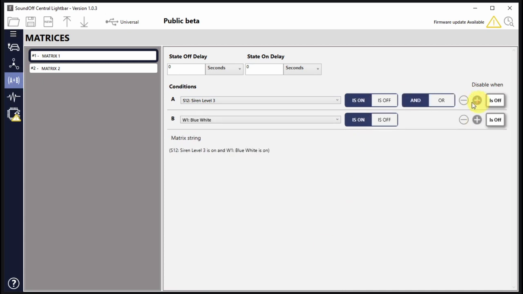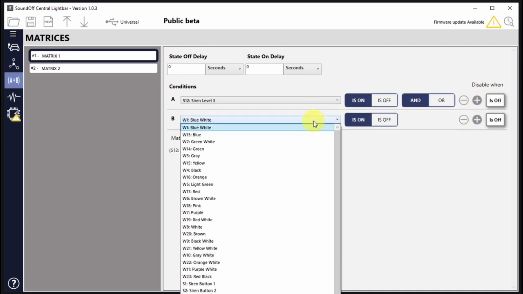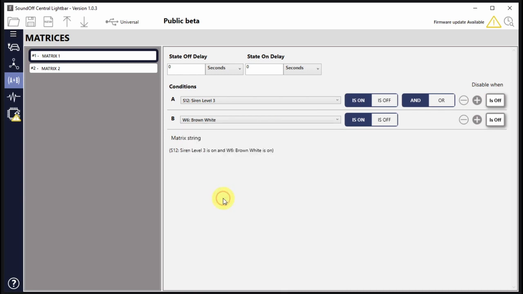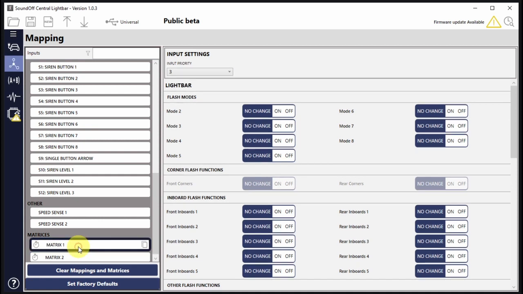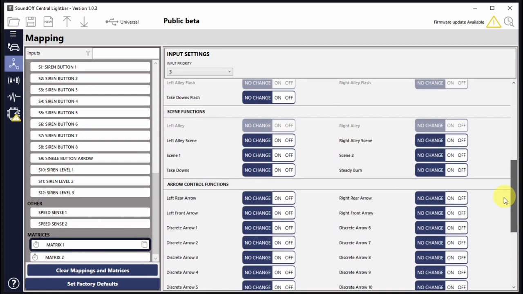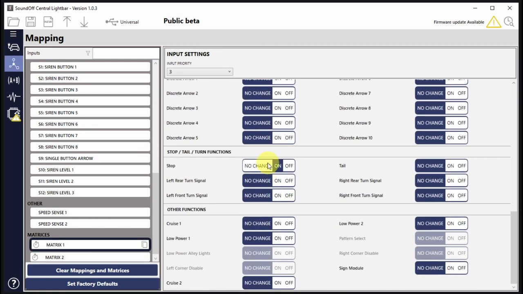And I'm going to add another condition, and I'm going to say that my brake wire, whichever wire I've tied my brake input to, let's say it's this. Let's go to wire 6, brown white. So I have my brake wire tied to this brown white, and I just need to make sure that this says it's on and the brown white wire is on. And when I do that, this matrix will go active. So this matrix goes active, and any associated mappings that are part of that matrix will also go active at that point. All right, and again, we would have to make sure that we have stop configured as part of